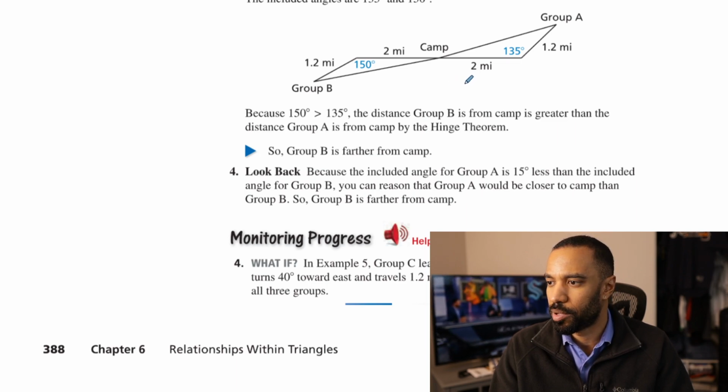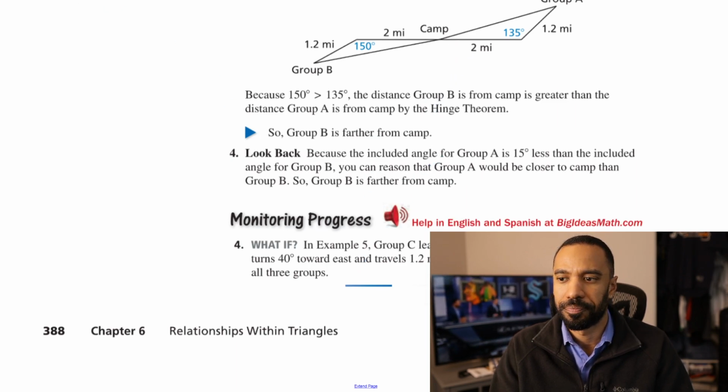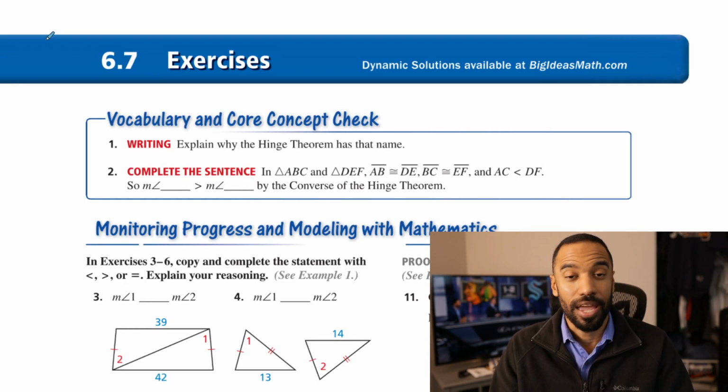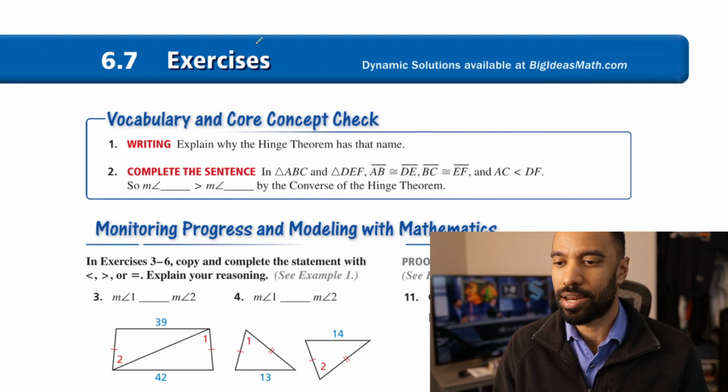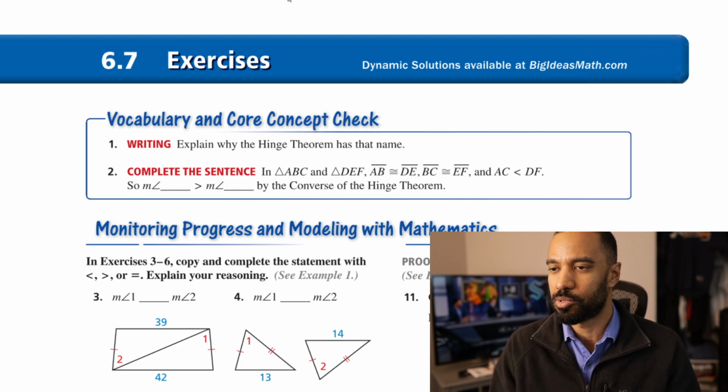Because the included angle for group A is 15 degrees. Okay, so they're just talking more about it. Okay, all right, that was the lecture portion. Let's go ahead and start looking at the vocabulary and core concept check, and then we'll go straight into the